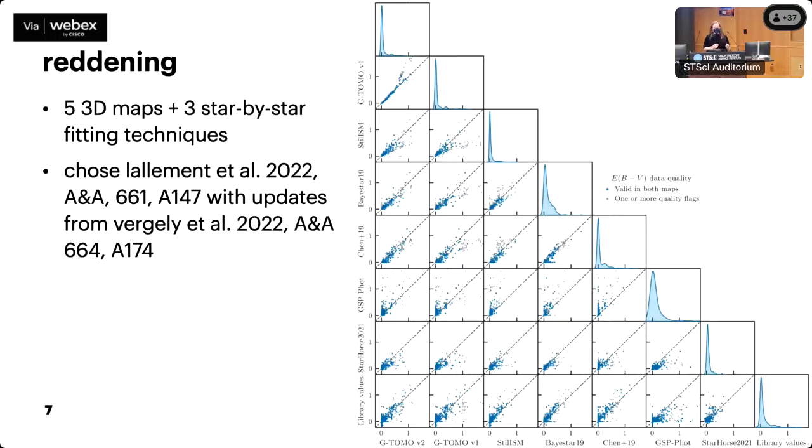And that was updated by Vergely et al. 2022, I hope I said those names right, to improve the results for cool giant star sightlines. So that was really important for our application. And when I showed this plot to Rachel, her response was, I'm going to start the journal of comparing things that should agree, but kind of don't, but also should they, and just pick one, which I think is a really beautiful way of summing up a lot of what we do here.